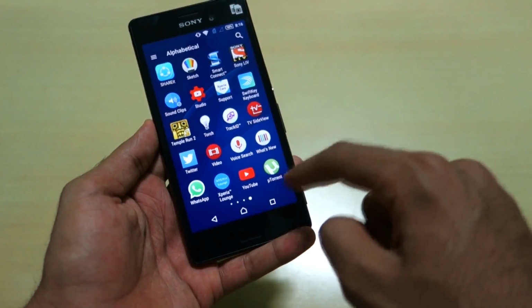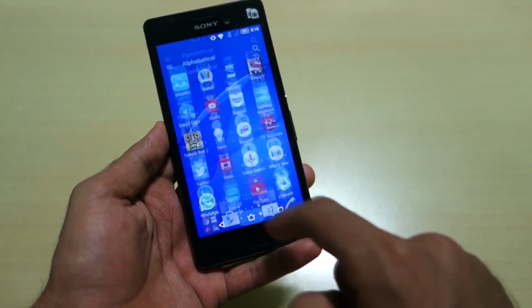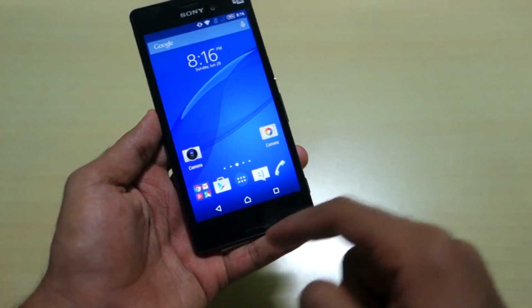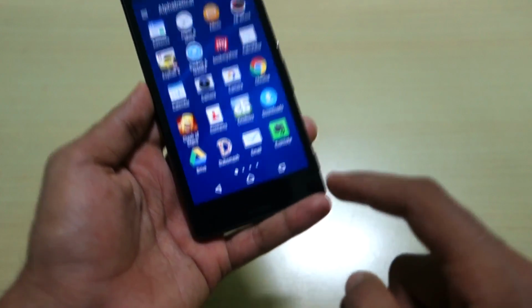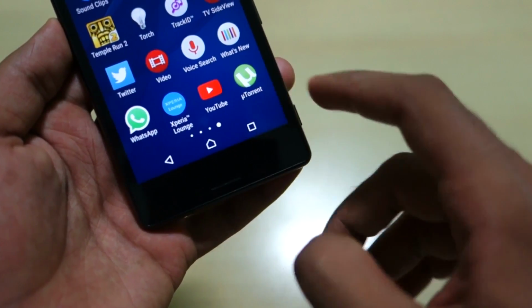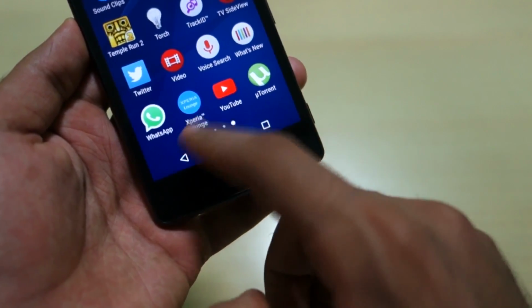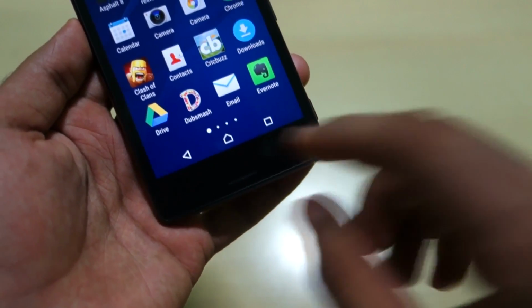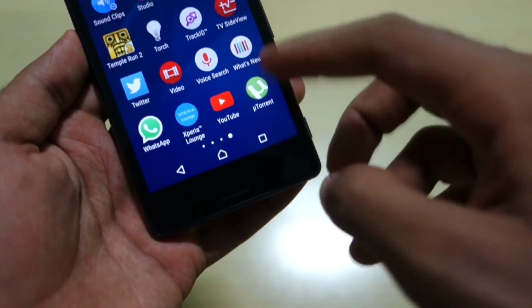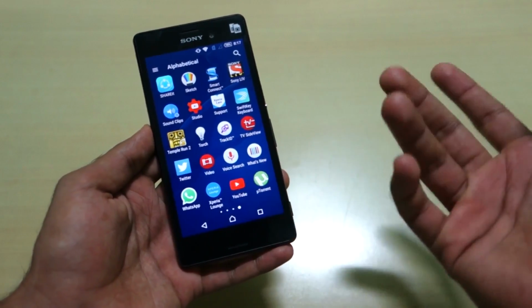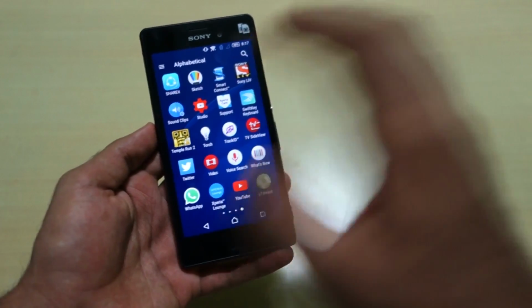So let's assume I want to open uTorrent, which is present on the last screen. But to get to the last screen, every time I have to swipe so many times, so that's not a good thing. So you can simply scroll through these small circles over here. Just scroll through and you will get to uTorrent very fast. And if you want to come to the first screen, then you can simply click on the first circle. If I want to get to the last screen, then I can click on the uTorrent over here. And if you have tons of apps installed, then this feature is very useful, and I use this very much.